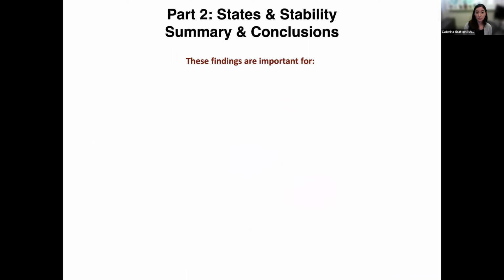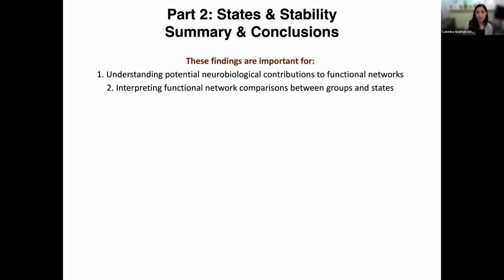I want to close with some thoughts on the conclusions that I think we can make based on this data. The first is, I think it suggests something about the potential neurobiological contributions to these fMRI functional network measurements, suggesting that they're more likely to be driven by stable or very slowly changing processes rather than ongoing cognition or very transient neural firing. This in turn tells us something about how we might interpret functional network comparisons between groups and